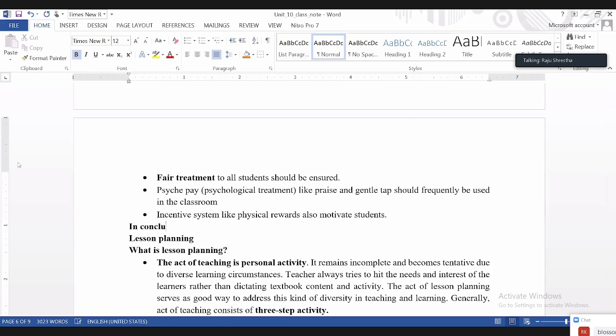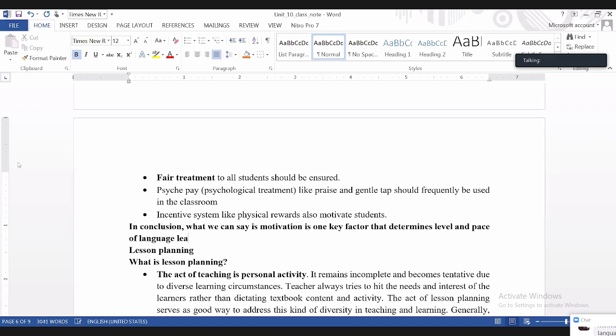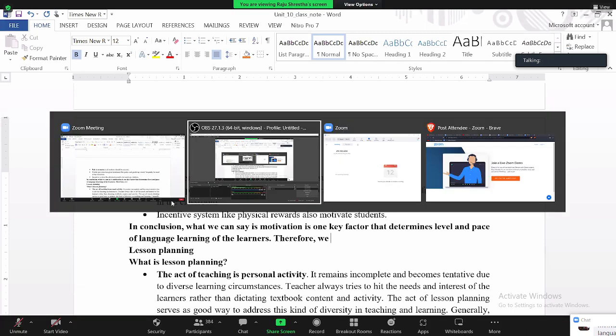in conclusion, what we can say is that motivation is one key factor that determines the level and pace of language learning of the learners. Therefore,